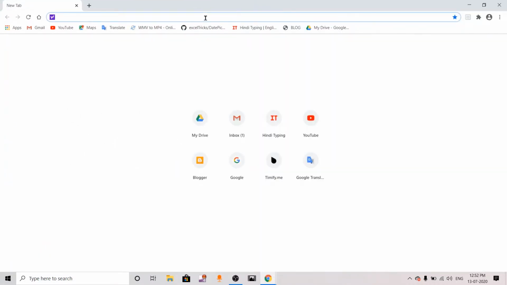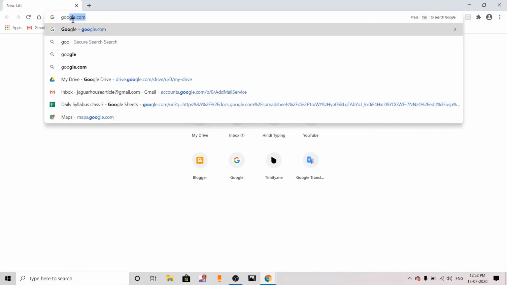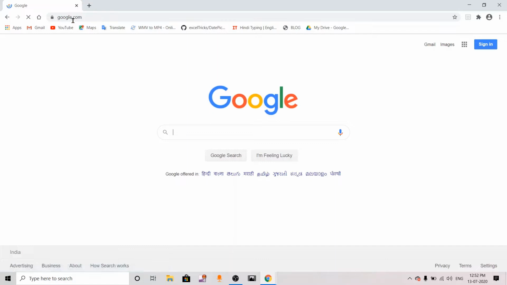and in the address bar write down google.com. After writing google.com, you have to click on this sign in button.